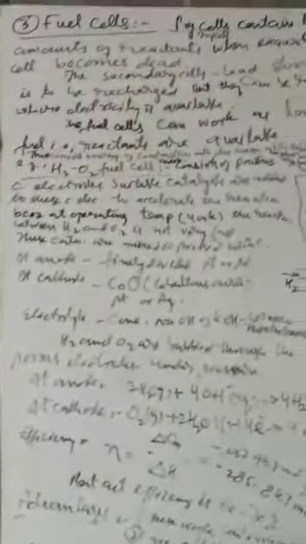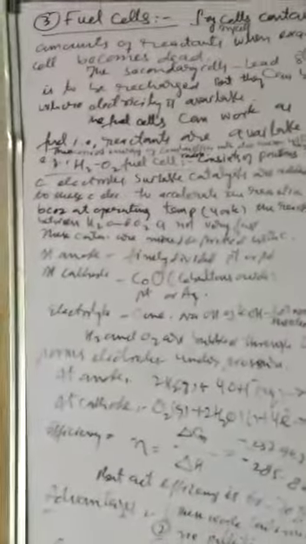We can convert the energy of combustion into other forms of usable energy by using a heat engine, which we use in our generators and in our vehicles. So there we need heat engines. But what is different in this fuel cell is that it converts this energy of combustion, which is a redox reaction, directly into electric energy or electricity. One example of this is the hydrogen-oxygen fuel cell.